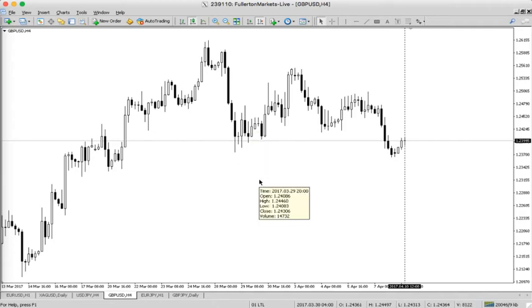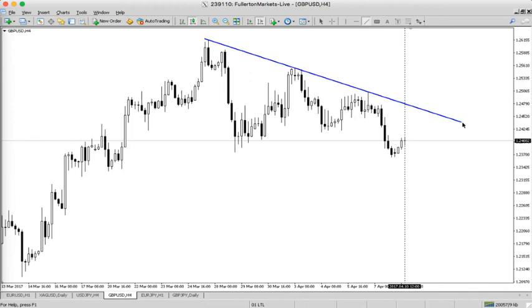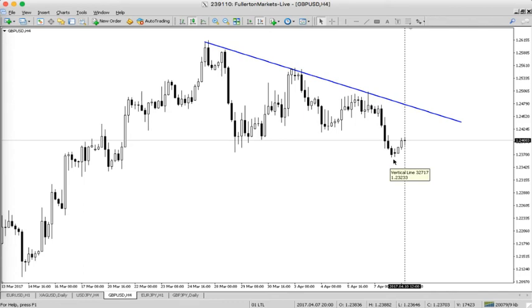So for pound dollar, I see a downward momentum, of course, over here since the third week or the final week of March onwards. Sterling has been weakening against the dollar. Of course, the downward momentum is not very strong, as you can see over here. It is quite gradual, moving downwards. So a possibility for this is a short,